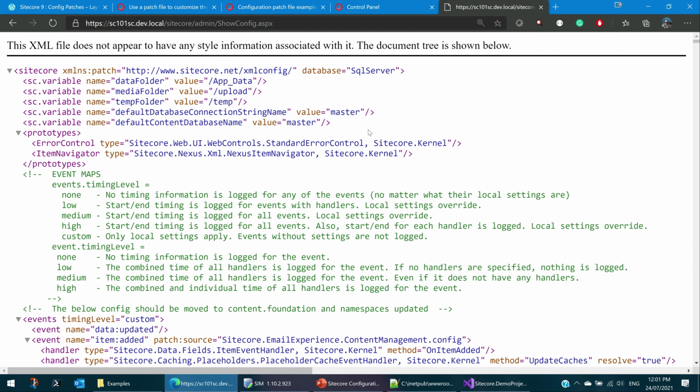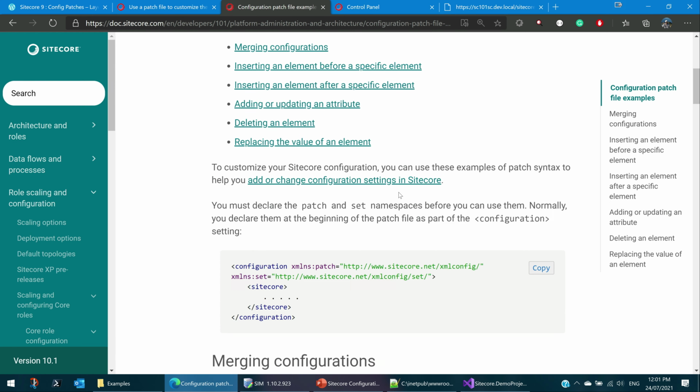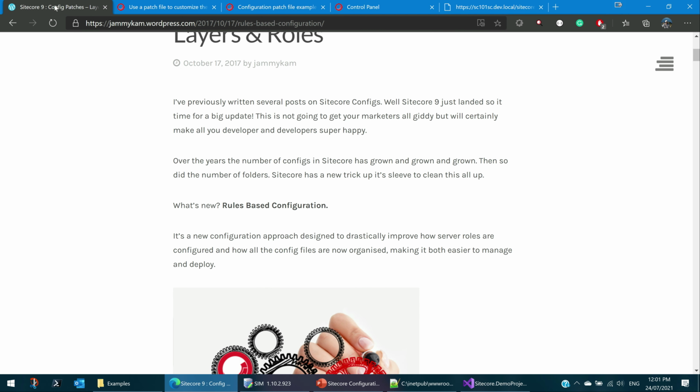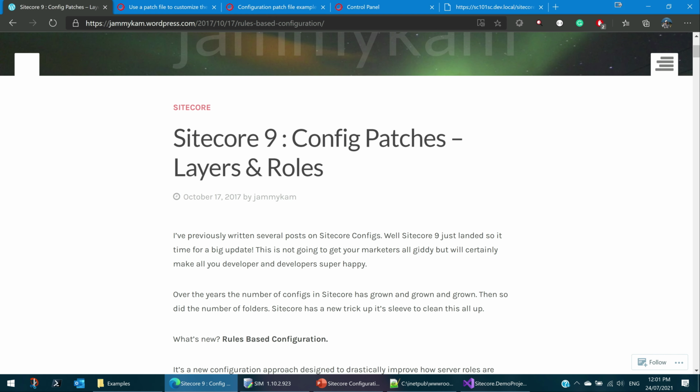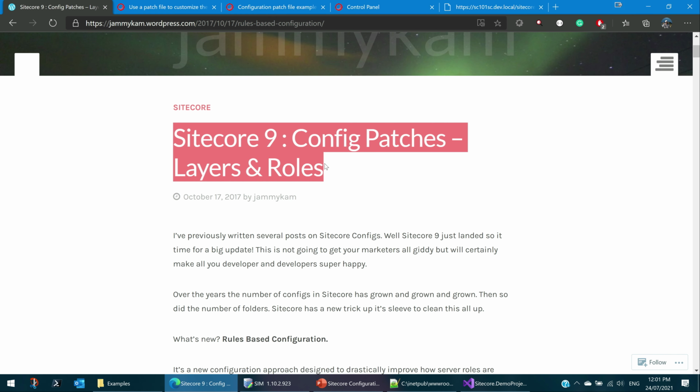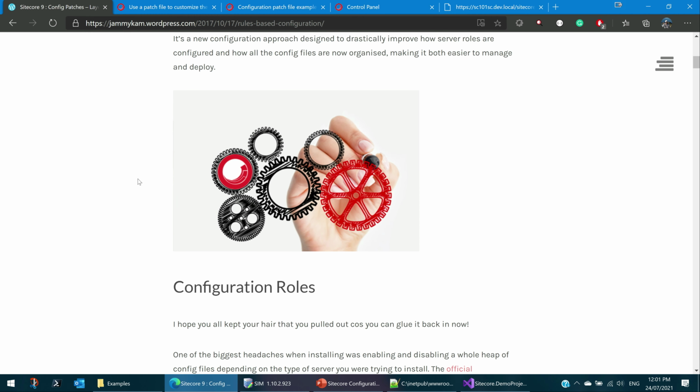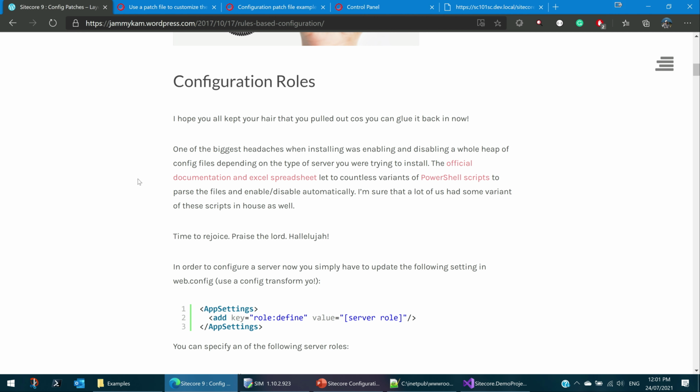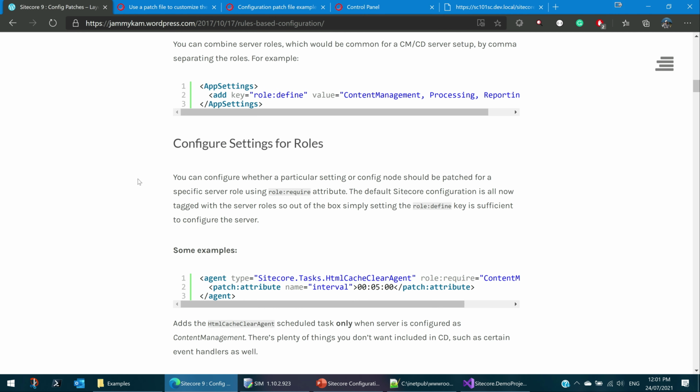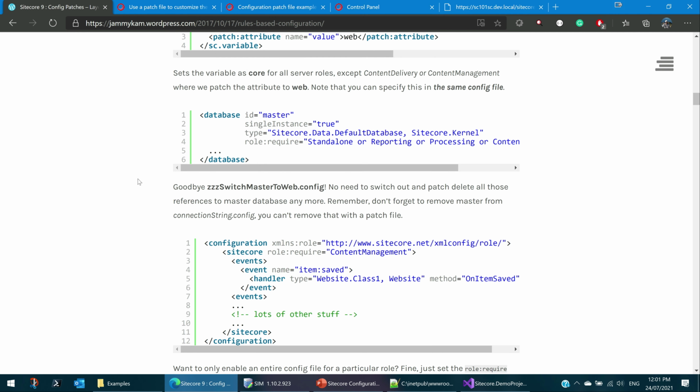If you want to read further, other than the Sitecore documentation, Camrose has given a very nice blog post from way back when Sitecore 9 was introduced, in 2017, which defines all the things around configurations. I will leave the link in the description. Please go through this.